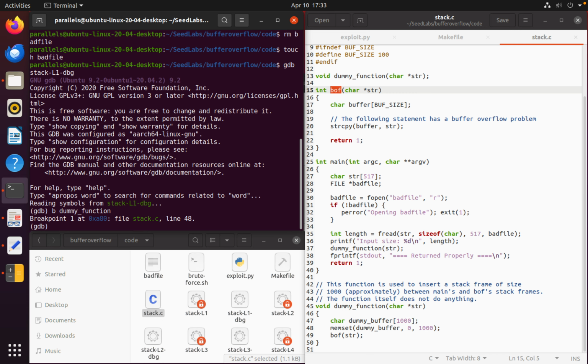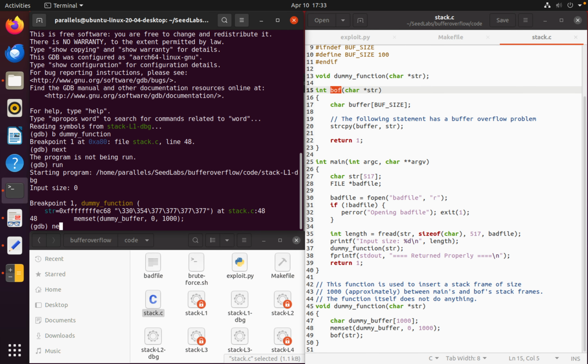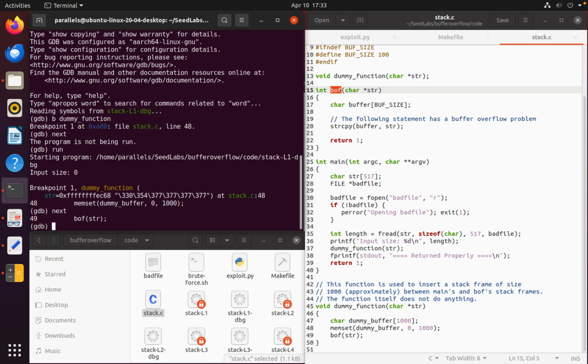And then we are going to use next, similarly. We first need to run the program and then we do the next. In this case, it will enter the state where we are about to call the buffer overflow function. At this moment, we can check the EBP pointer, which is now named the x29 pointer. And we also need to add p/x. By doing this, we will be able to see the hex value,